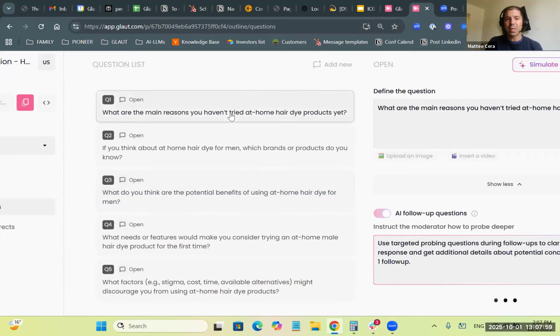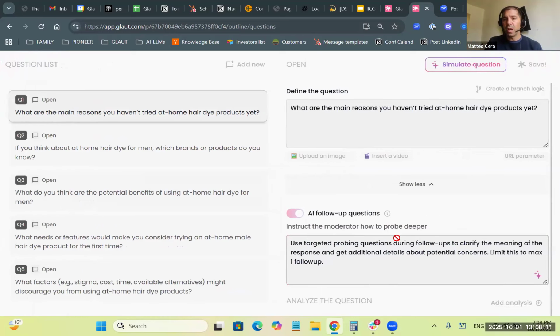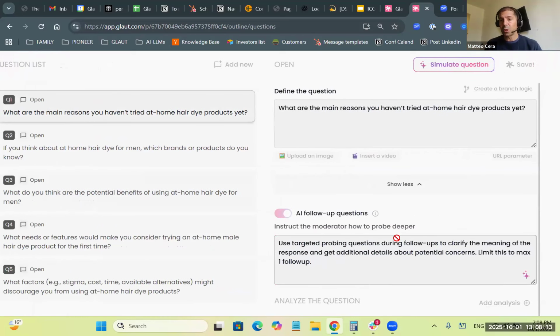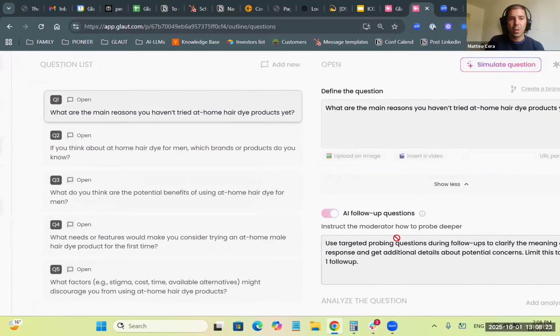In each of them, we can decide if the follow-ups, the probes, are actually turned on or off, and we can give a specific instruction about the follow-up, which the software will execute very diligently. The instruction can be high level or very detailed. In this case, we kept it high level.